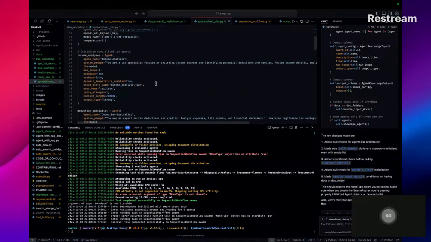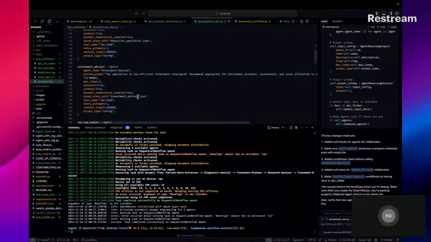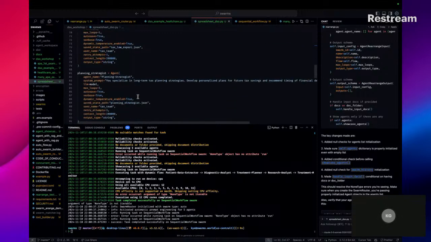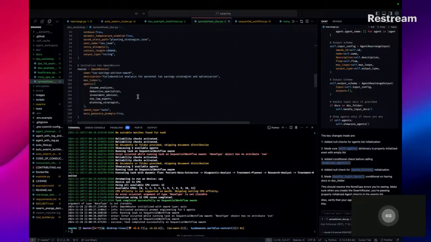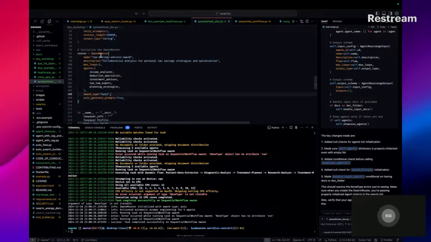So specialized agents: we have income analyzer, deduction specialist, investment advisor, tax law expert, planning strategist, tax saving. So here we created a swarm, the tax savings advisor swarm, and this collaboratively analyzes your financial data for personal tax saving strategies.